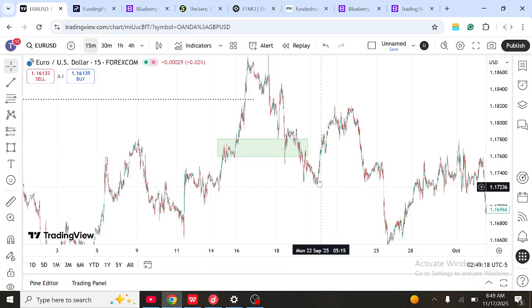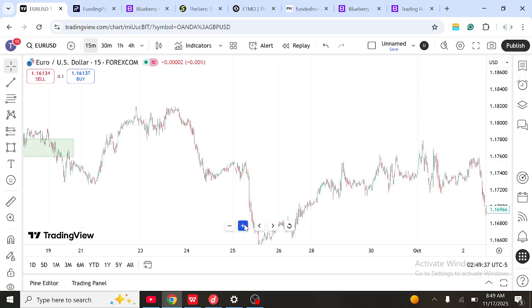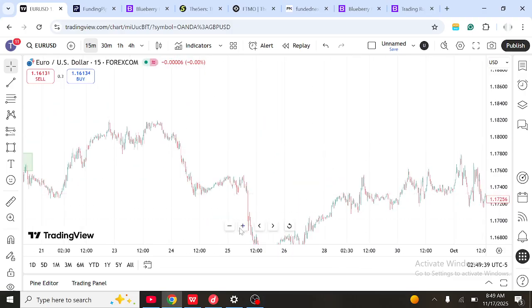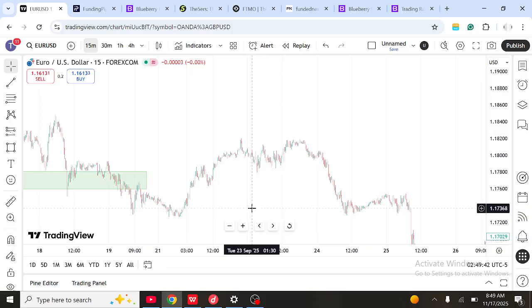This is a break of structure, right? This is a break of structure. So I don't go everywhere in the market looking for a break of structure. What I look out for is my major break of structure, which is under my type A liquidity concept. Now, when I come to the 15-minute time frame, I'll look for my fractal confirmation. My fractal confirmation,